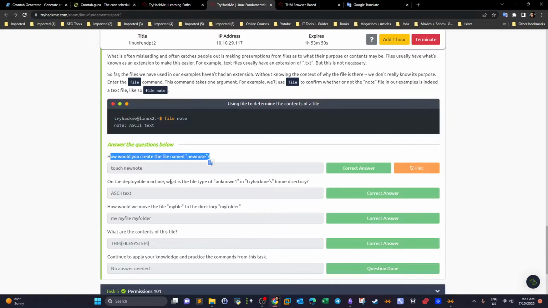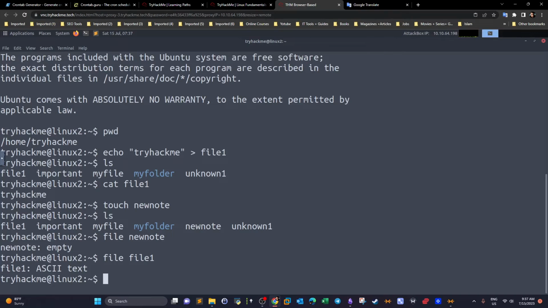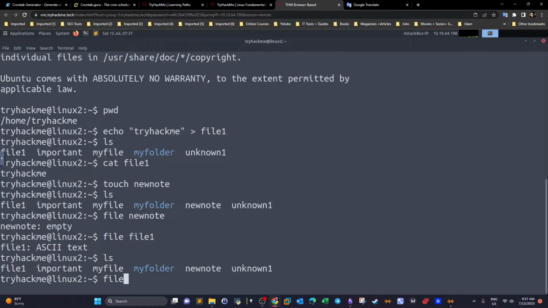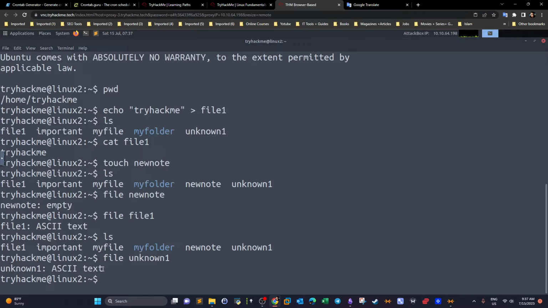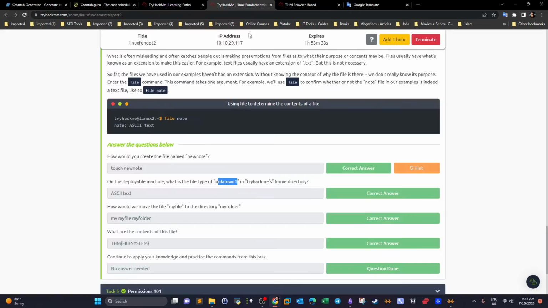On the deployable machine, what's the file type of unknown1 in TryHackMe's home directory? ls, file unknown1, and as you can see, the type of the file is ASCII text. It's really not an unknown file. They should have named it known because it's easy to find the information about this file. I mean, if it was encrypted, I would name it unknown. Anyway,